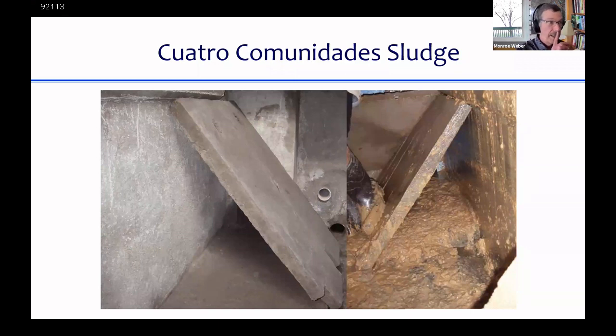So I hope that you are now being indoctrinated in this idea that sedimentation tanks need to be cleaned, need to have a design that keeps them clean all of the time. And for Agua Clara, where we're not using scrapers to clean them, it means thou shalt have no flat surfaces. Because everywhere where